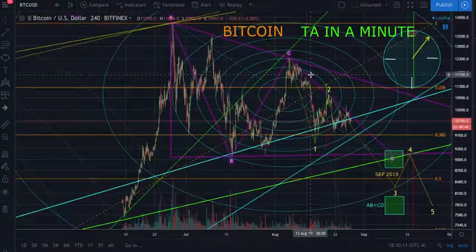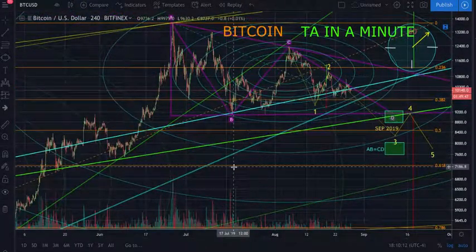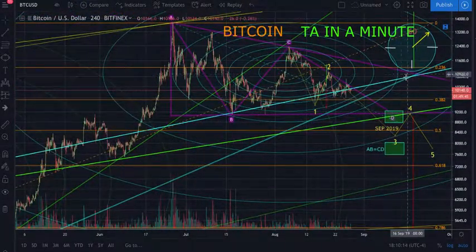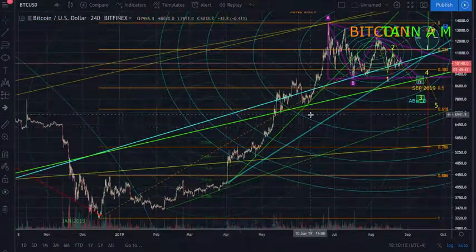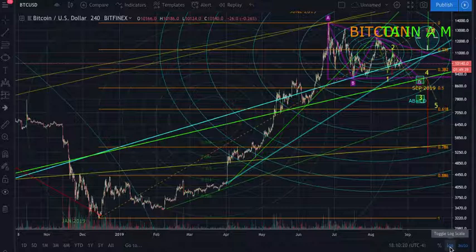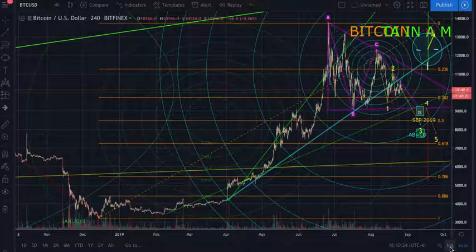So that's this blue line, okay? So you can tell the importance of this blue line. So when we fall below that, the likelihood of us coming back down, and then you'll see, I'm going to show you another trick. I draw these lines in log and in regular, and then when you switch, you'll see